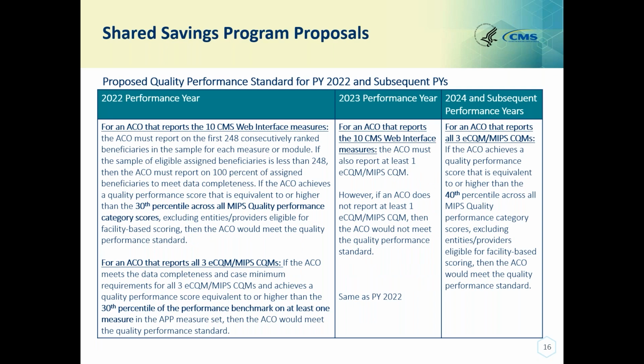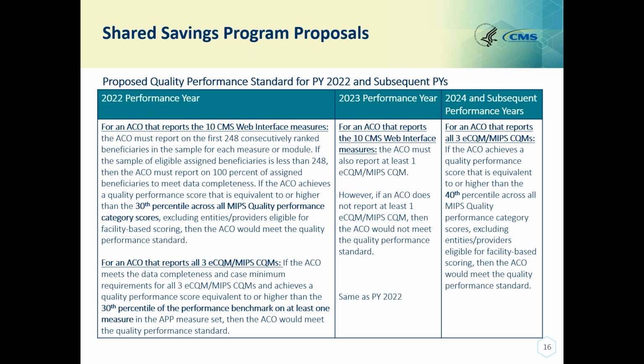So on slide 16, we describe the proposed revisions to the quality performance standard for Shared Savings Programs that we included in the calendar year 2022 physician fee schedule proposed rule. The proposed revisions are applicable to performance year 2022 and subsequent performance years. We propose that an ACO would meet the quality performance standard for performance year 2022 if the ACO reports the 10 CMS web interface measures and achieves a quality performance score that's equivalent to or higher than the 30th percentile